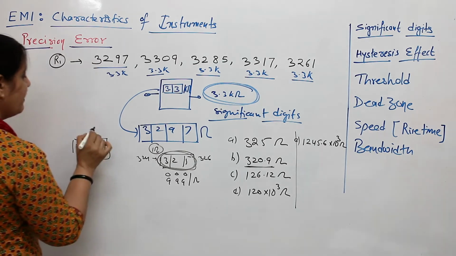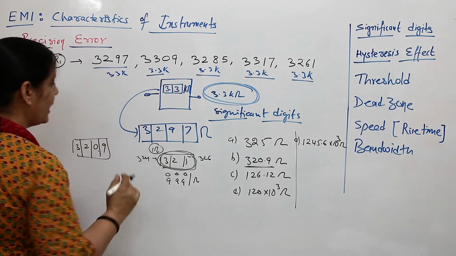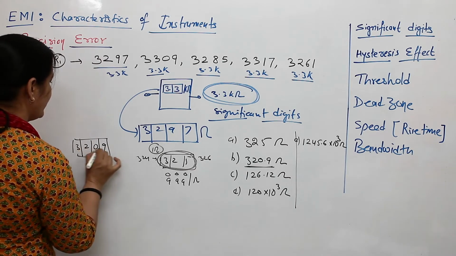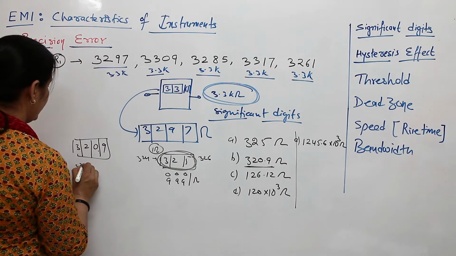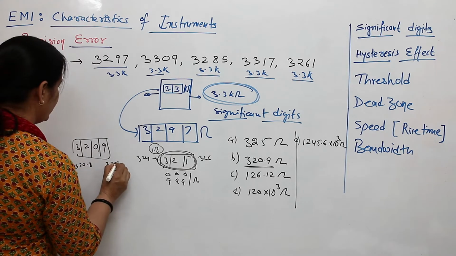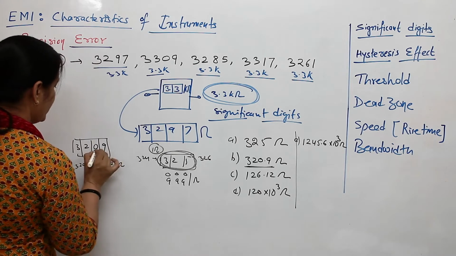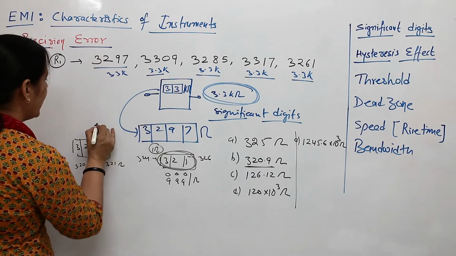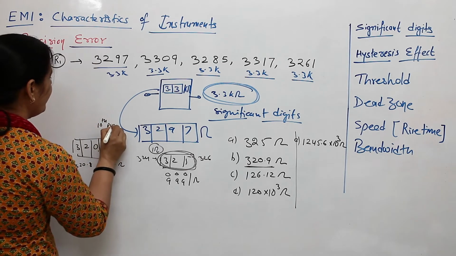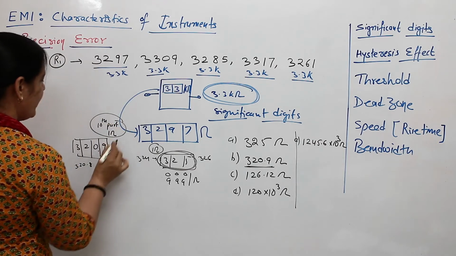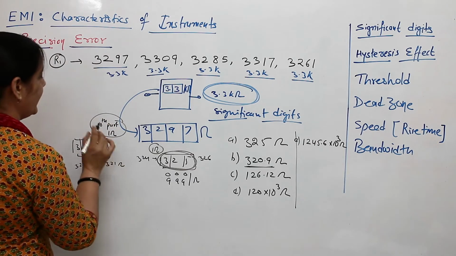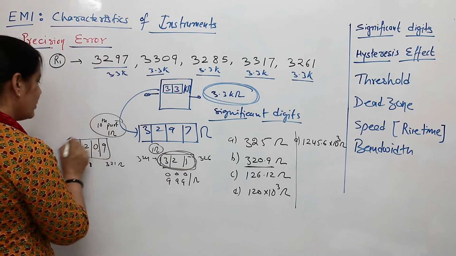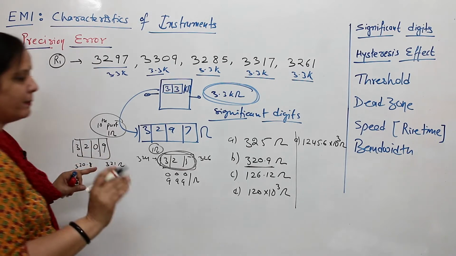Whereas if your instrument has such a display, it will show 320.9. So you can measure the 10th part of an ohm and find out that your resistance is nearer to 320.9 compared to 320.8 and 321 ohm. So you are able to differentiate or find out the gap up to the 10th part of 1 ohm. If you have such a display, you can have more accurate and closer readings. Now your accuracy and precision can be comparable quantities.